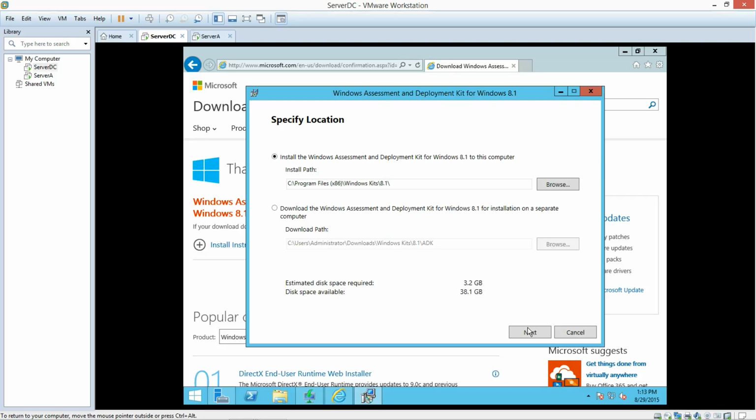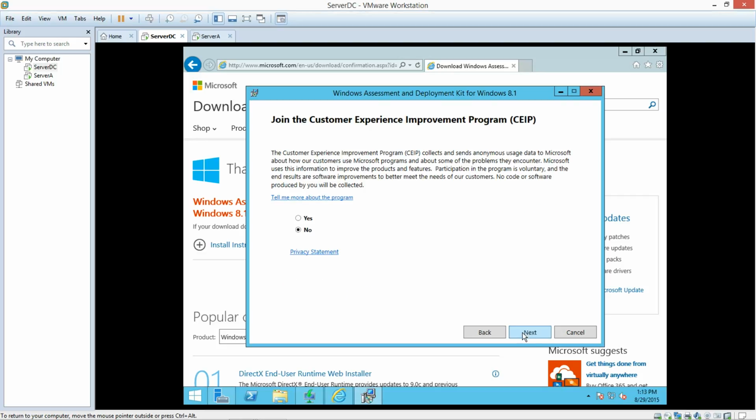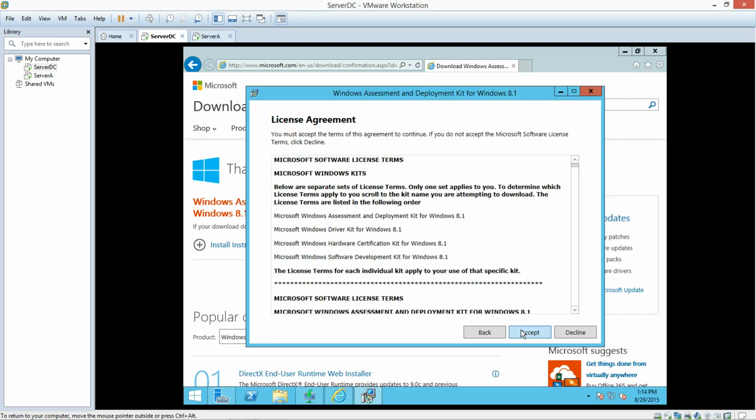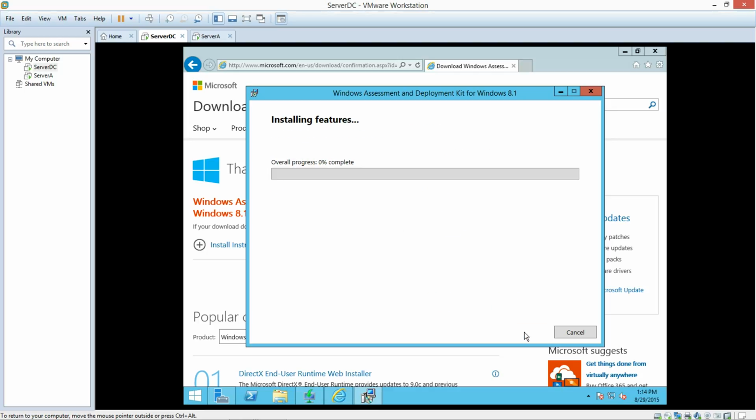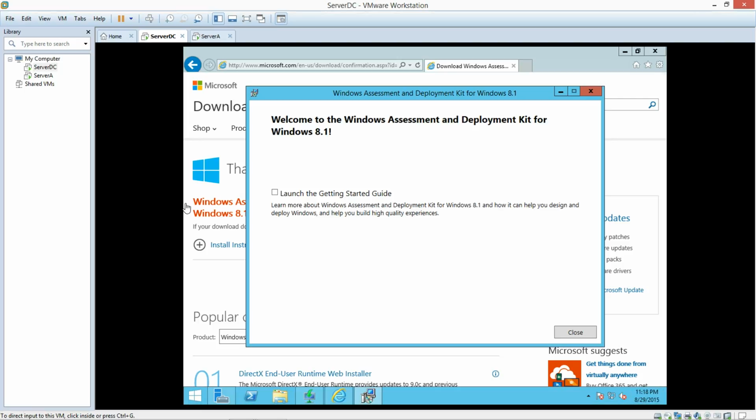and we're going to select Next, and Next to select Accept, and we're going to uncheck Windows Performance Toolkit, and we're going to make sure Deployment Tools and Windows Preinstallation Environment are selected and select Install. And I'm going to pause the video while this installs. Now that the Windows Assessment and Deployment Kit is done downloading, now we're going to click Close